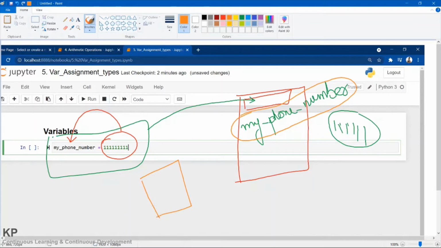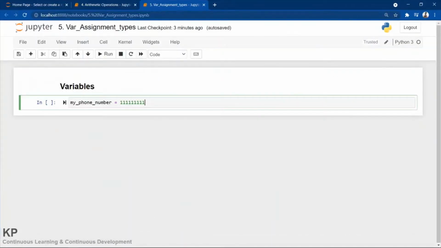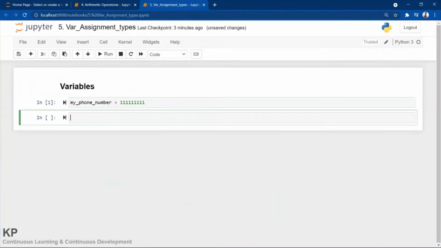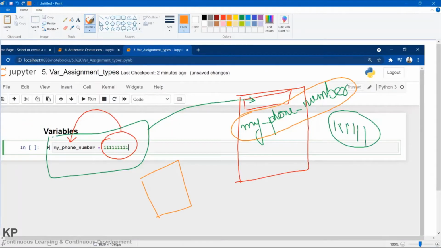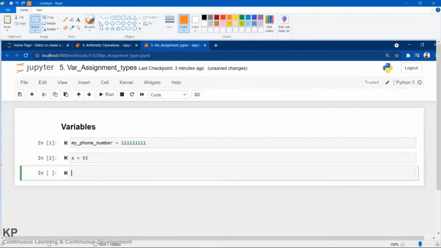Let me give another example and execute it. I'm giving x equals, suppose, 55. Again let me take a screenshot and paste it here. See here, x is like a container.